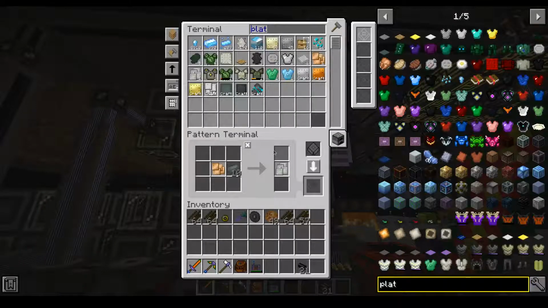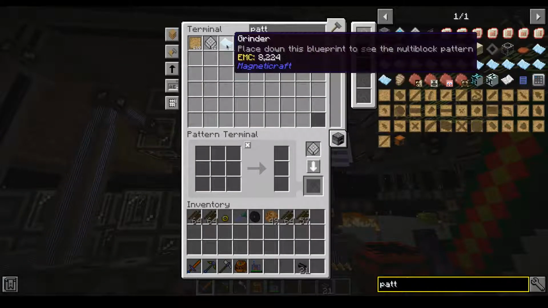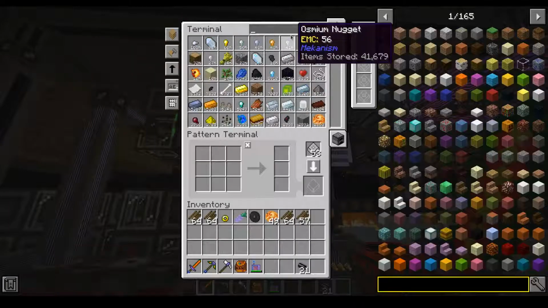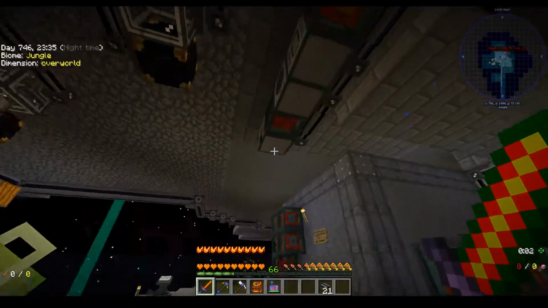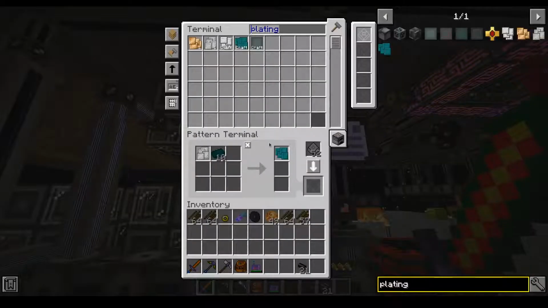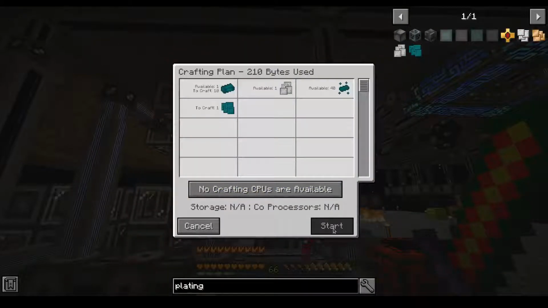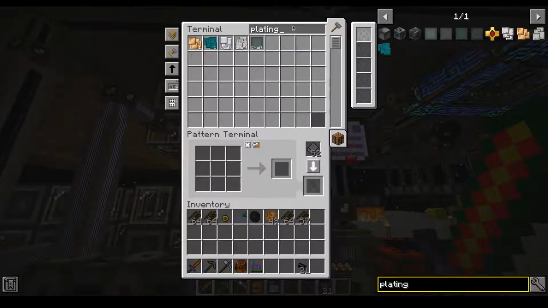We may actually need another plating pattern, plating. So Endurium. Oh, that's fancy. I love that plan. So now we can make the Endurium armor plating. Boom, Endurium armor plating. So now we take the Endurium armor plating